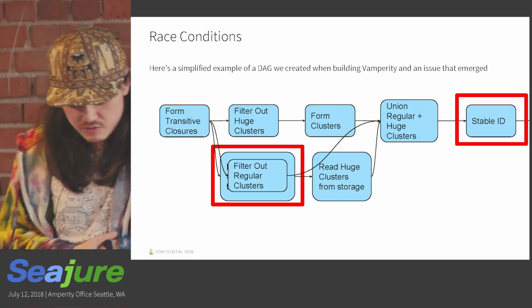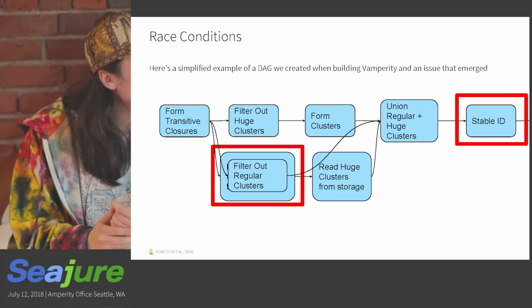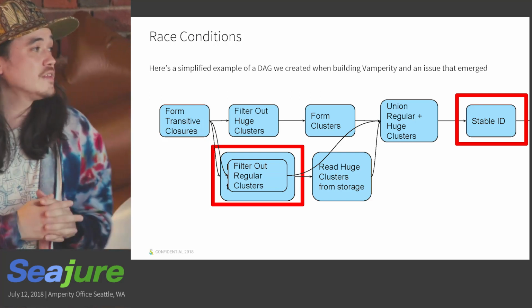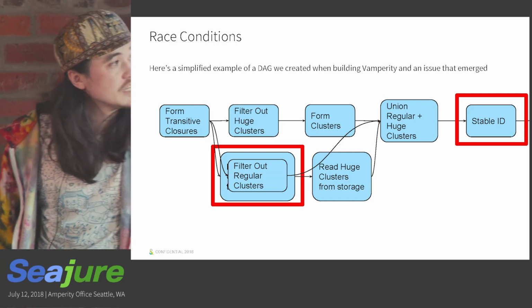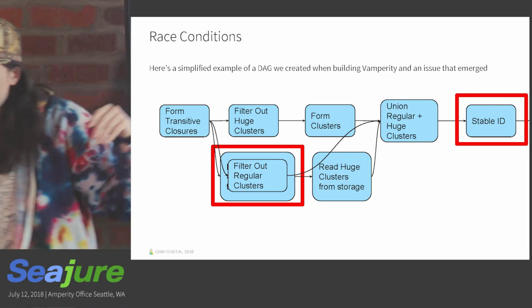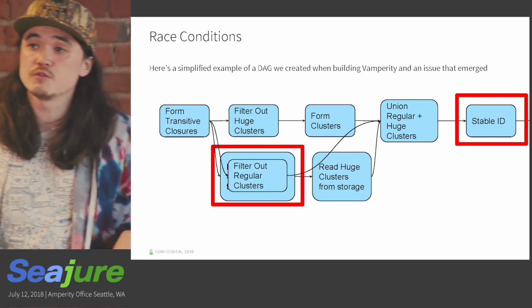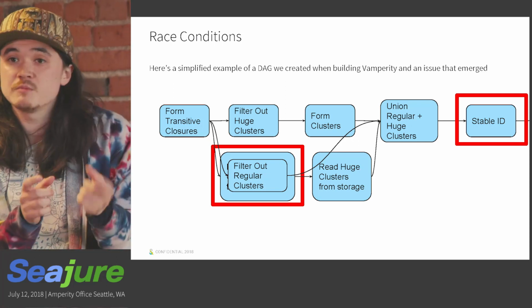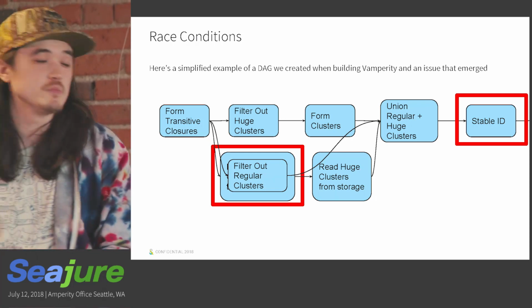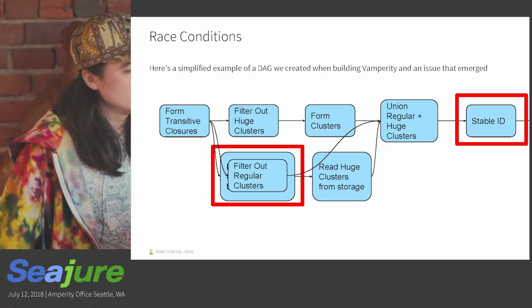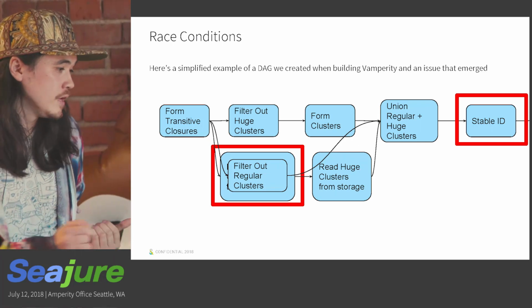Now, in practice, when we did this, we observed about 2 or 3% of these huge clusters that we were trying to read back from storage would go missing. Everything else would be correct and look great, and the rest of the supersized clusters, as useless as they might be, were still correct in there. But there was a random, non-deterministic selection from run to run on the same input data. You'd get a different set going missing. So at that point, you have to start asking who is triggering this code, when, and why.